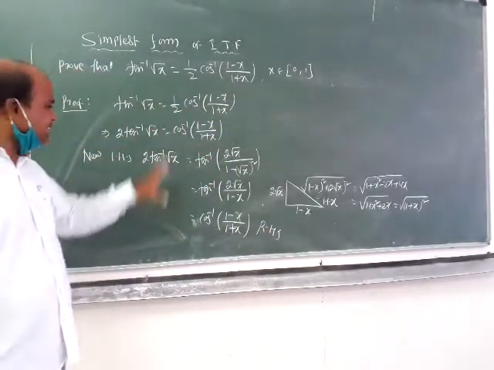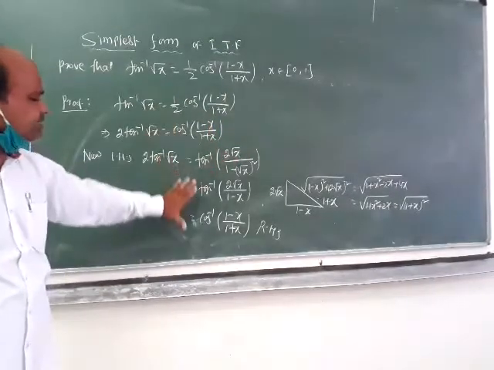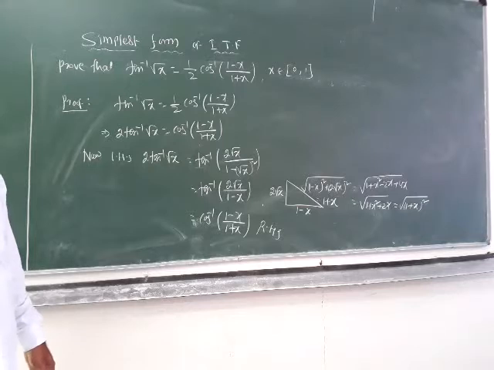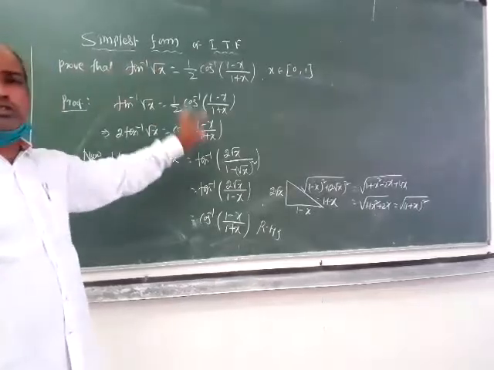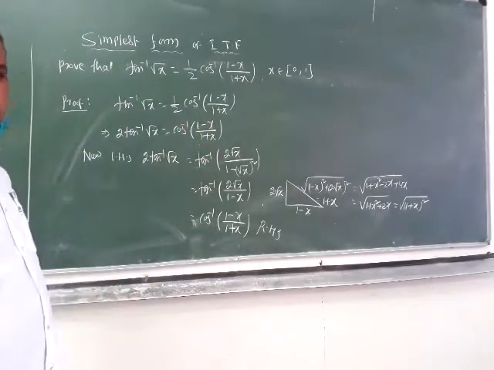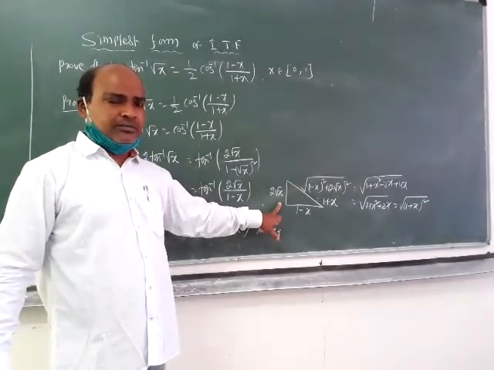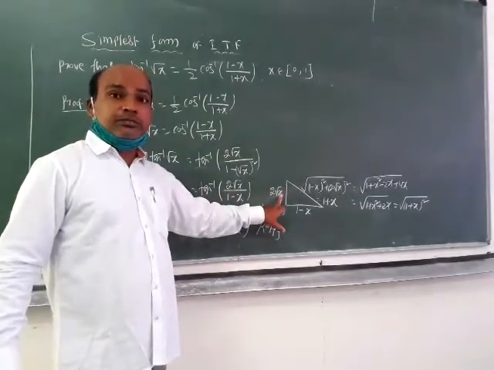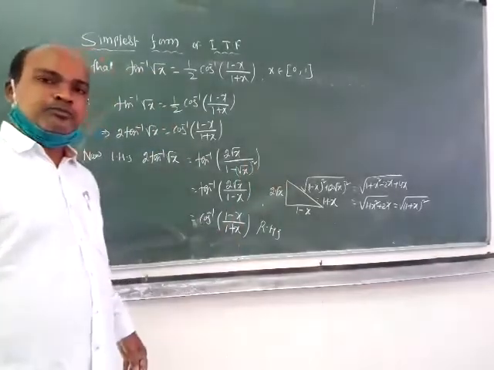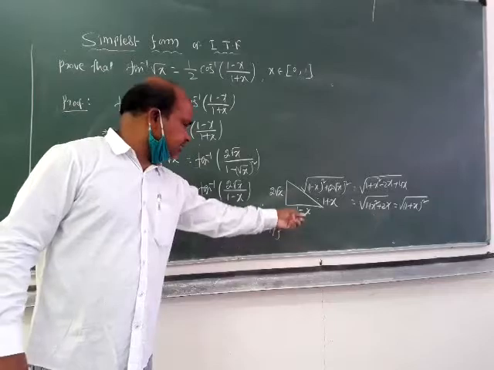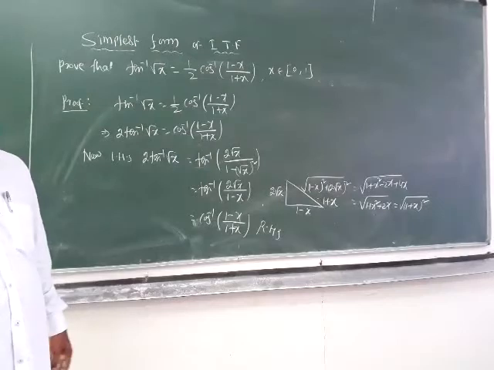Do you understand? Very simple. I don't want to make the problem very large. Very simple, you can solve it. The question is given, how to answer it without substitution of a trigonometric function. Try to understand that. How did we get this right angle triangle? Because tan is opposite by adjacent, and then we get the hypotenuse. Then how to convert to cos? It means adjacent by hypotenuse. You understand clearly?